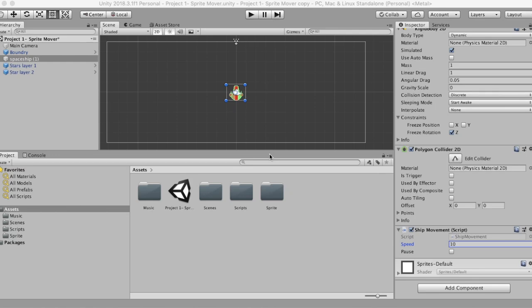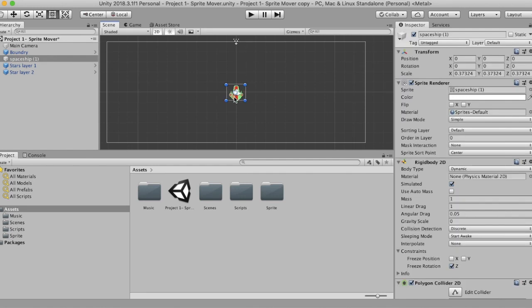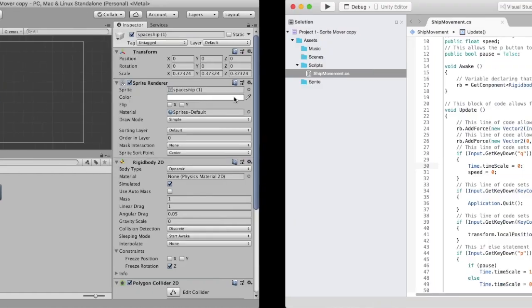For the Unity Project 1 Sprite Mover. And as you can see, I have my sprite displayed here in the center of the map. And the sprite was created by me. And if I were to go to the code,